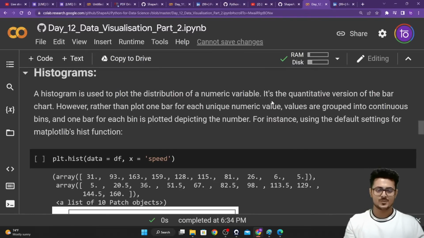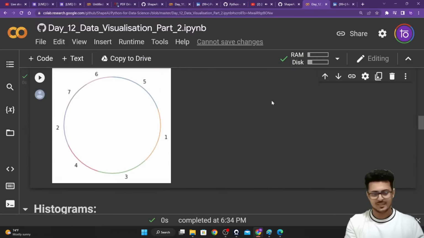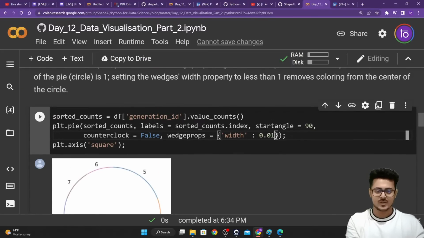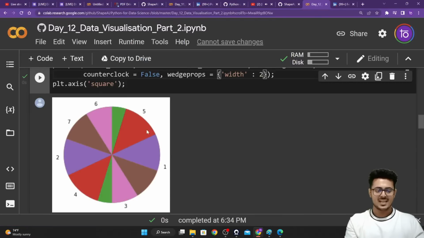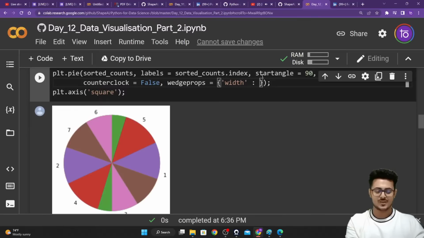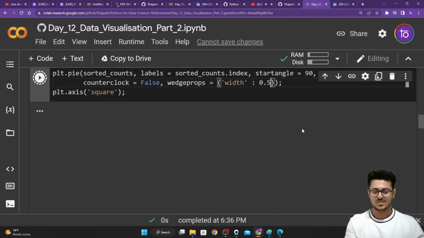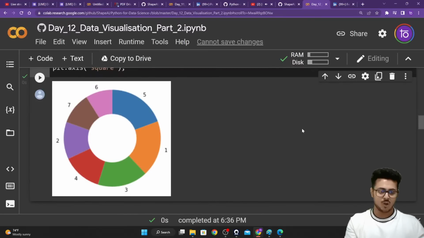So what happens if we give 2 as the width itself? Let's check it out. It will basically overlap with each other. Your pie chart will overlap with itself, the colors will just overlap with each other, and you are not able to understand anything out of this type of graph. So always make sure that the numbers are within the parameters, so that you are actually able to get a defining plot.